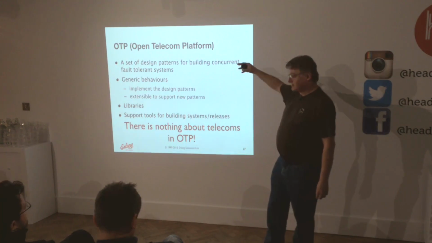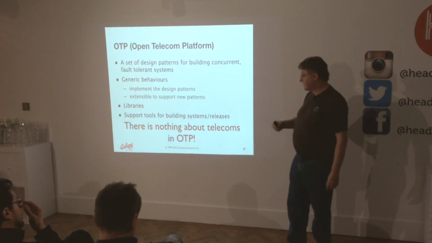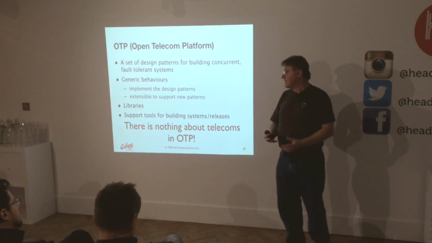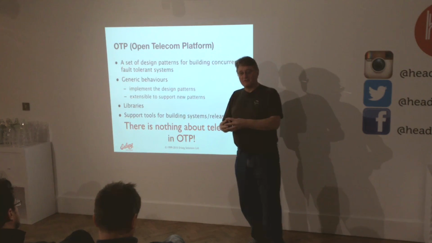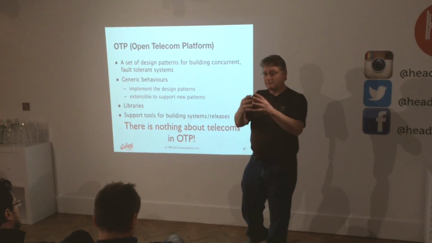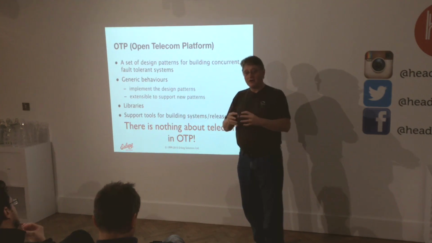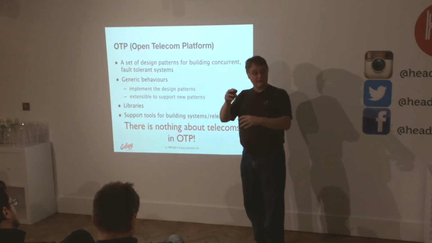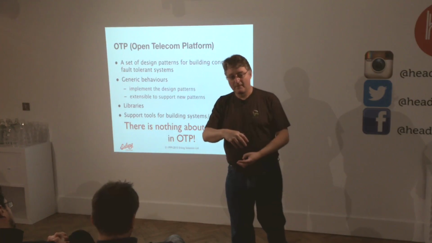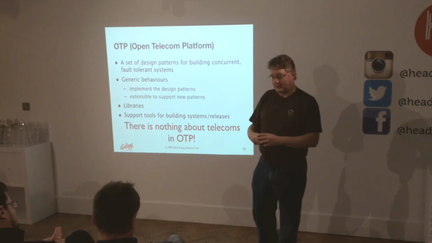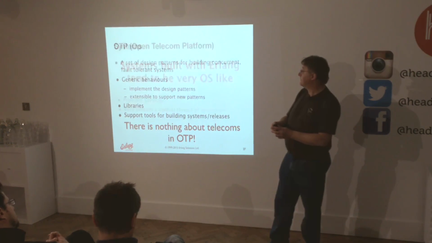That's a little bit of general about OTP, for what it's all about. I'm not going to go into it, but it's a big package of things. And all the behaviors, for example, work together. So if I use a supervisor behavior to build supervision trees, and then I use a gen server behavior to build client-server workers, I can put them into the supervision trees because they know about each other. They can talk with each other. They understand each other. They all work together. So it's a benefit of them.